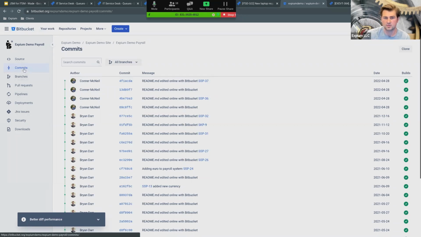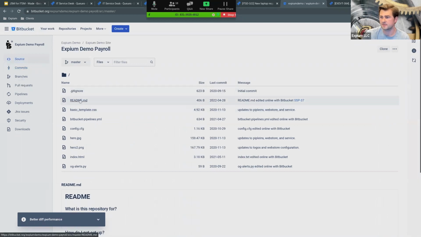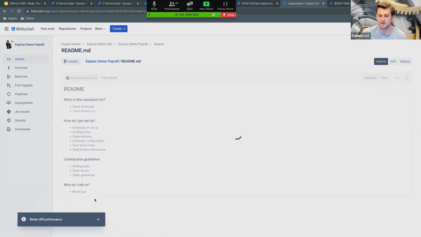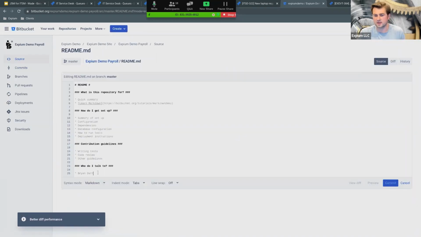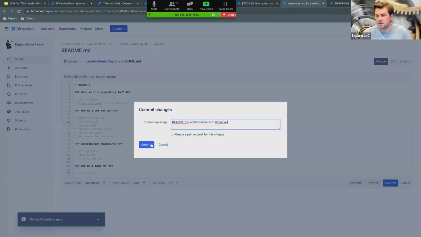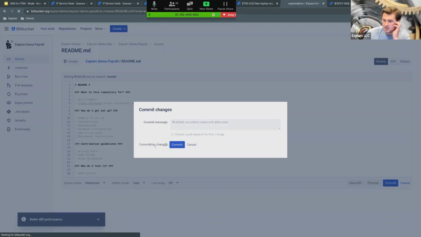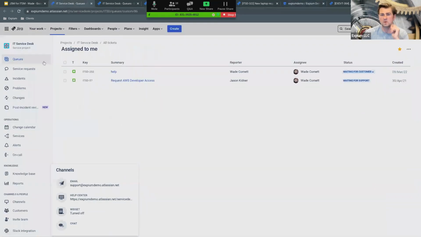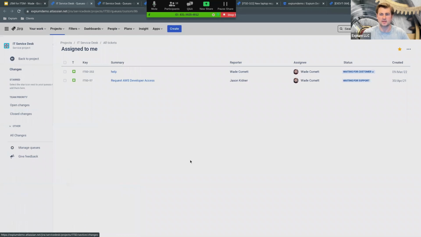So what I can do really quickly is come to my source. I can make an update to my commit here. I can just change Brian to Wade. Sorry, this is probably getting a little confusing. I'll make it come full circle here in a minute. And I'm going to commit that change. Now what has happened in the